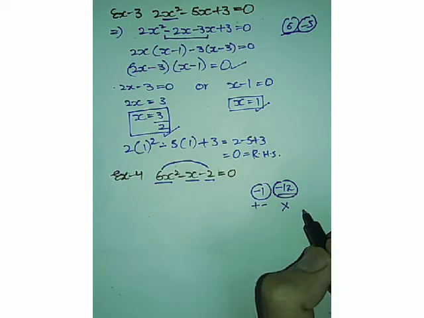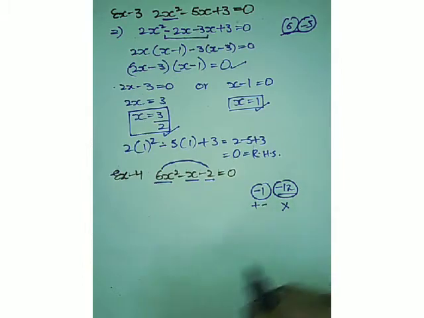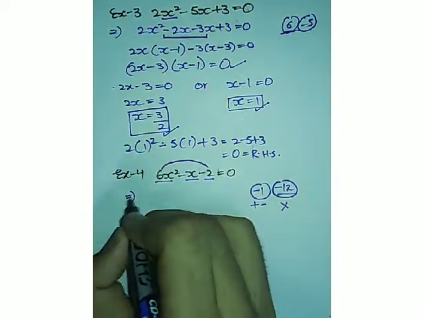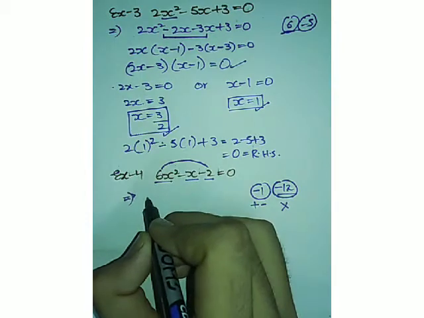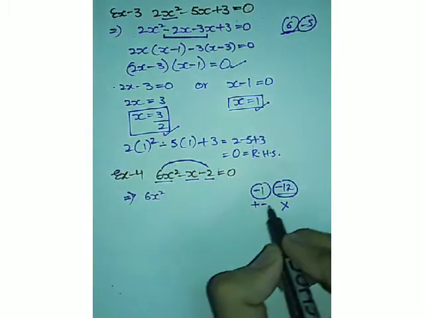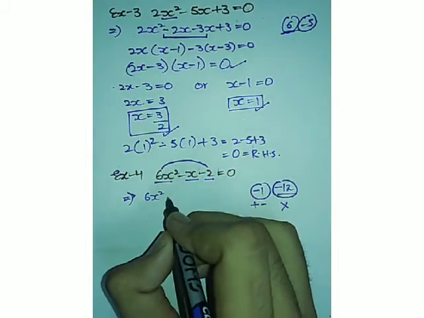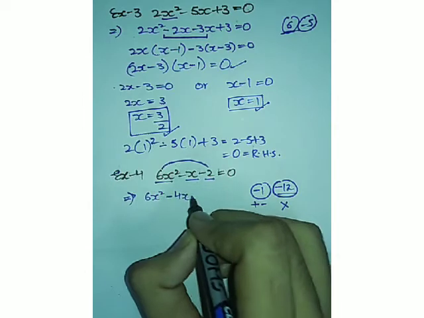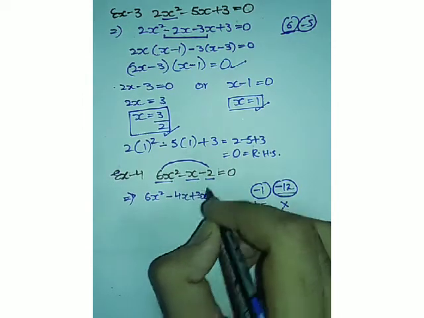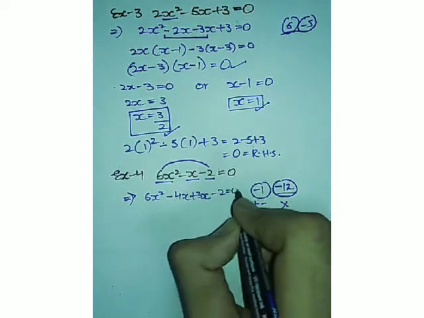So now think wisely. Yeah, you can think. I know that you are this much intelligent, all of you. So let me help you if you are having trouble in guessing that. So 6x square. Now we want minus of 12. Can we multiply minus 4 and 3? Right? So we can write minus x as minus 4x plus 3x minus 2 is equals to 0.